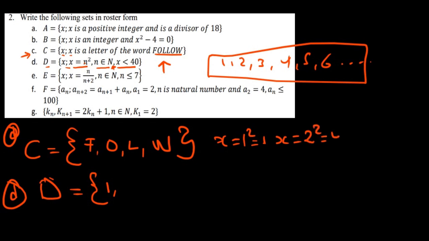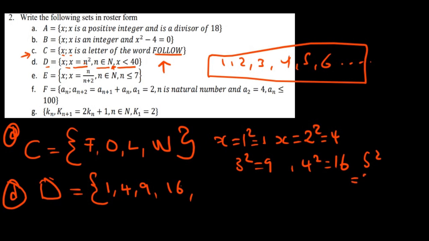2 squared is equal to 4. 4 is less than 40, so we can put 4 there. The next one will be 3 squared, which is 9. We can also put a 9 there. The next one is 4 squared, which is 16, so we can put a 16 there. The next one is 5 squared, which is 25, so we can put a 25 there. The next one is 6 squared, which is 36, so we can put